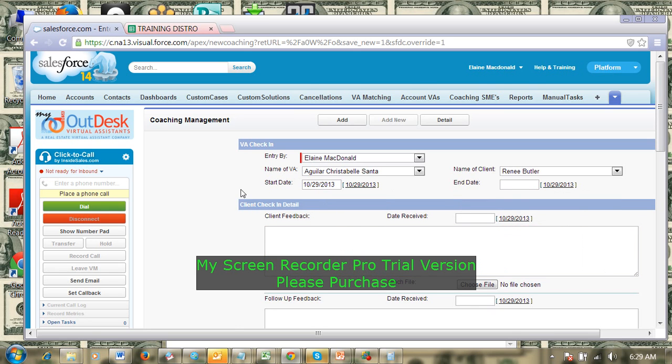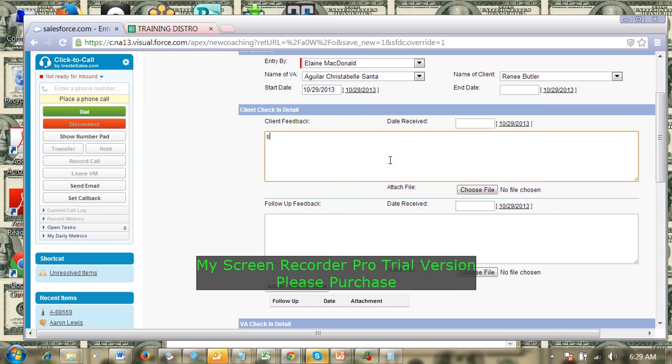So going down to the client check-in detail, you should be putting here in notes about notes from your check-in with client or client's feedback. So let's say you were able to talk to the client today and client's instruction is, let's say, have the VA go on training for let's say Boomtown and so on.